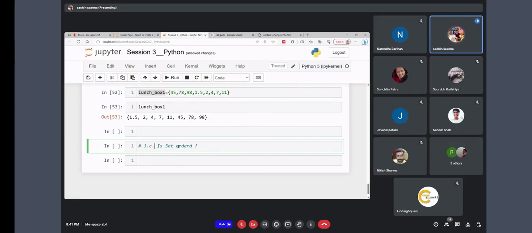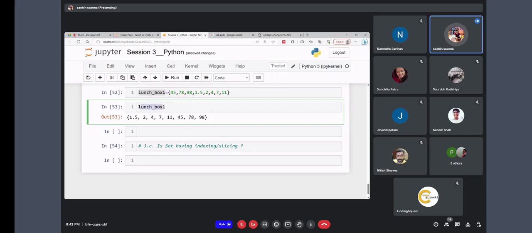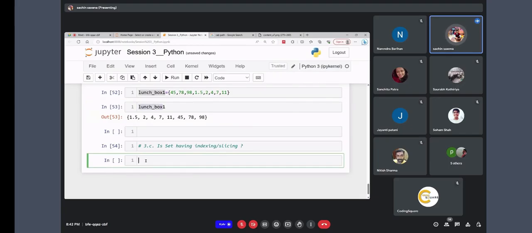Does a set have indexing or slicing, right? And 100% sure, if you just keep this recording, you will be asked at least 2 or 3 questions from this session. They will certainly ask what a set is, and whether it is supporting indexing or not, right? So if you are correlating with these elements, this conceptual part,